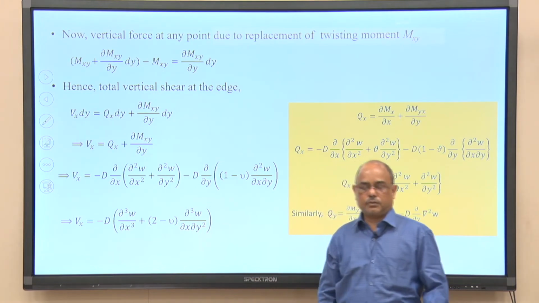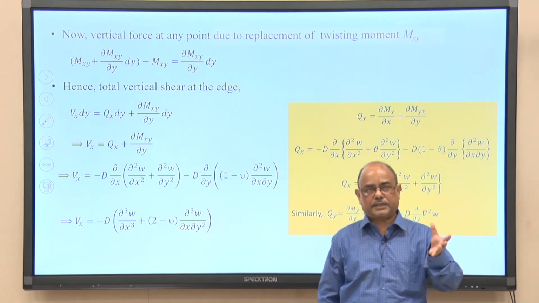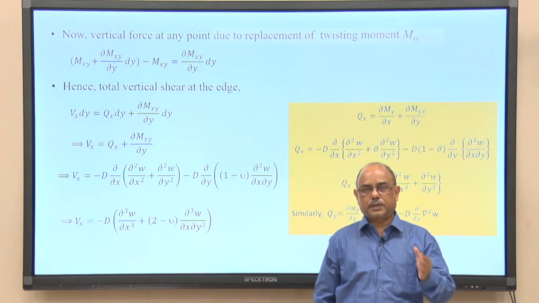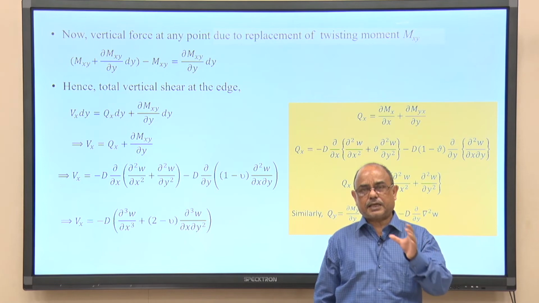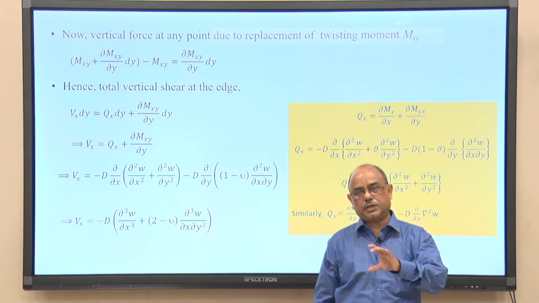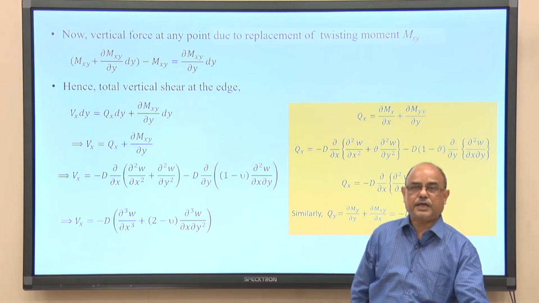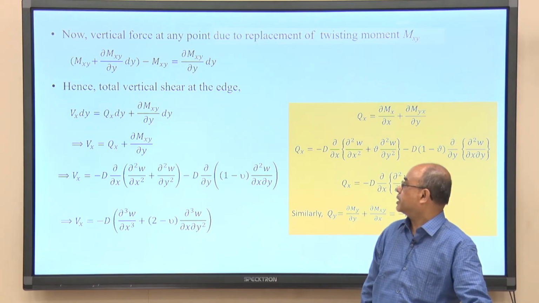So, depending on the edge, on what the coordinates are specified, you can express the S shear, and the S shear has to be equated to 0 at the free edge. That is the first condition. Second condition: at the free edge there will not be any bending moment.